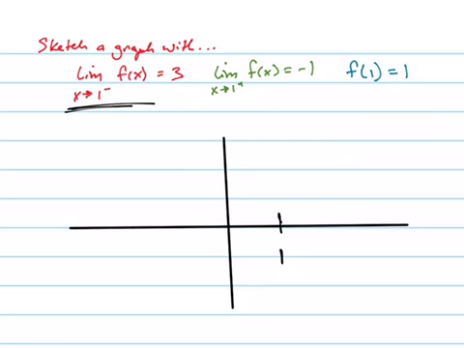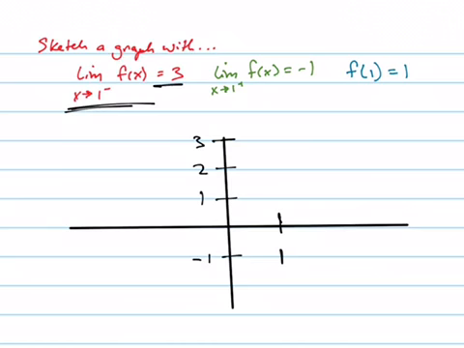The limit as x goes to 1 from the left is 3. So that means that, 1, 2, 3, here's 3. Here's -1, and here's 1. Whoops, that's not 1. Here's 1. Okay, so from the left, I'm doing this in red, coming from the left, the limit is 3, which means